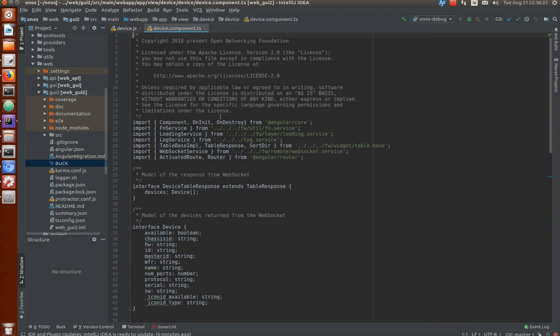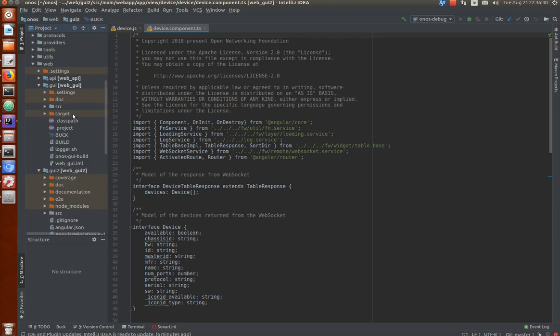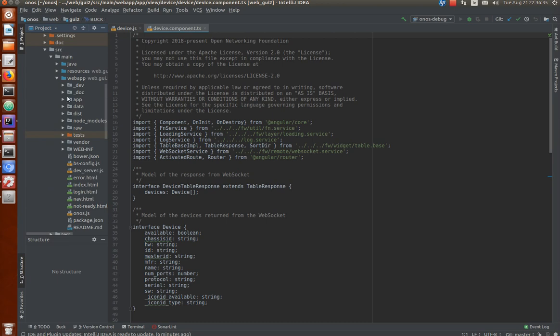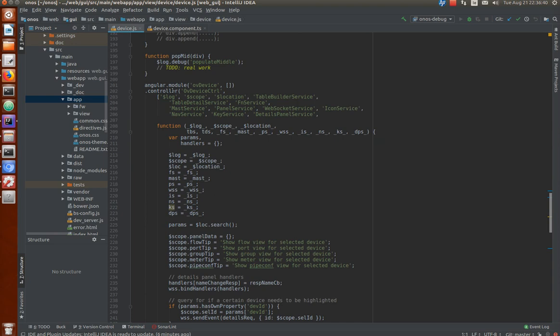What was involved in migrating? Basically the old GUI, if we look in particular at the device view, there was a JavaScript file there, and I have it open here. Basically it's using Angular 1 type constructs in a JS file. So you declared everything as a function, and it's complete functional programming. Here, for instance, this was a function that was called with the constructor to all of the methods, whereas